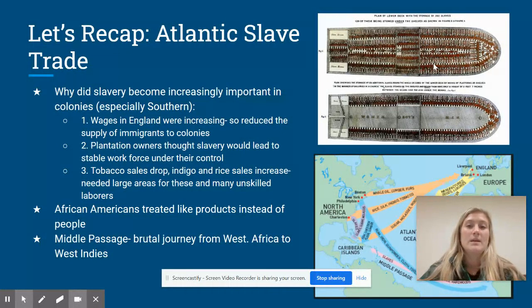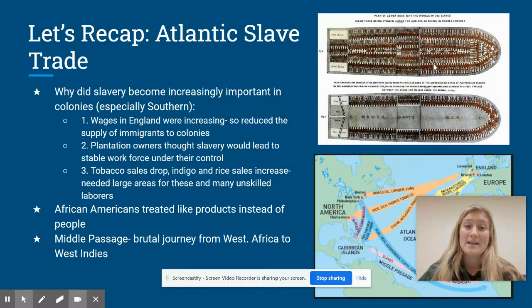Okay? As I just identified, we start to see this idea that African slaves were products instead of people. They weren't treated as human beings. Instead, they were treated as property that was going to help the colonists profit. As we talked about